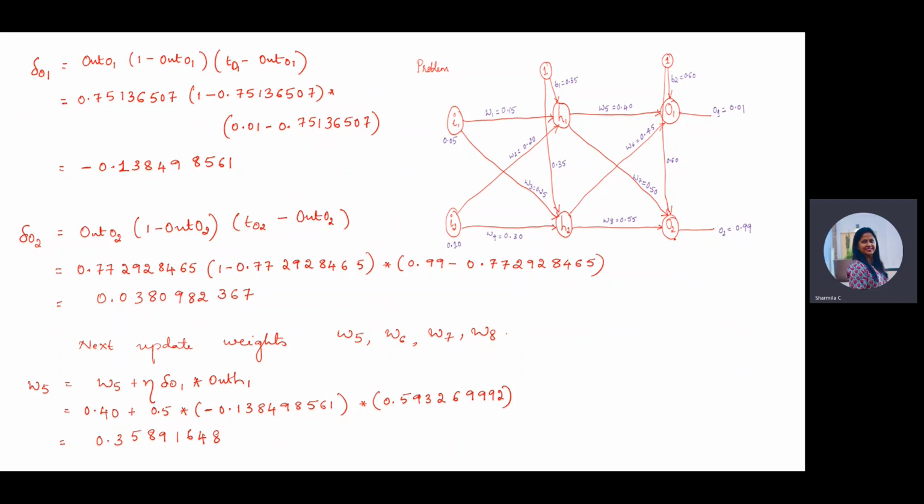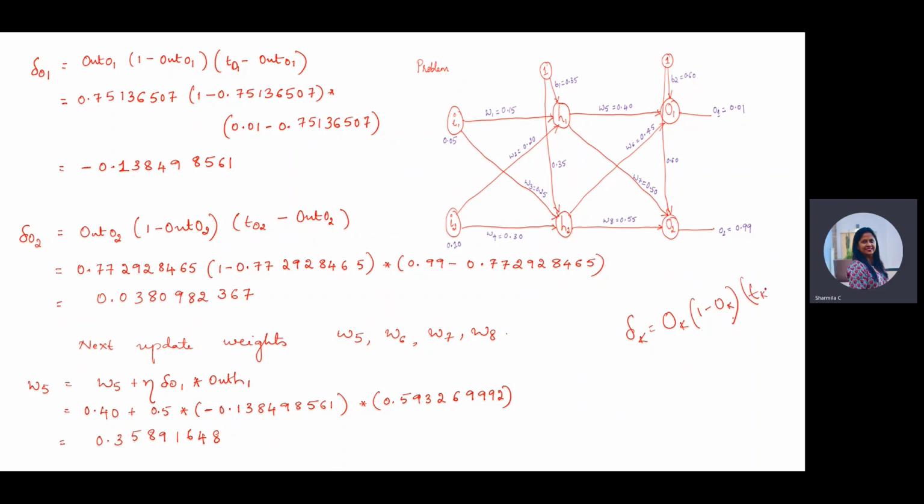One is O1, the second one is O2. So calculate the error term at both the units. Now, how are we going to calculate? The error unit is what? That is Ok(1 - Ok)(tk - ok), the formula that we are using,